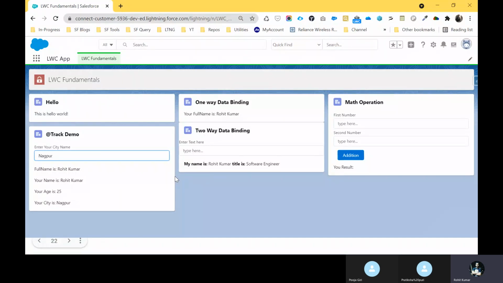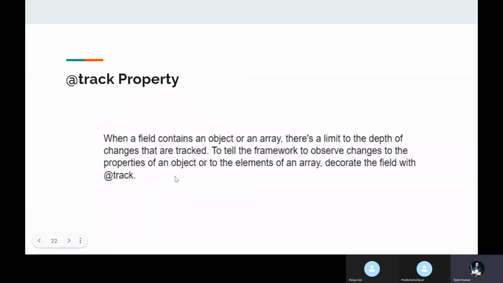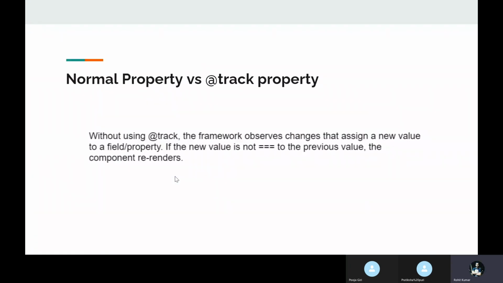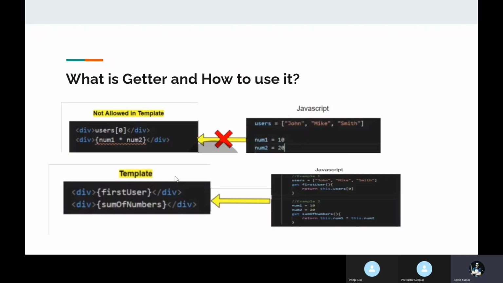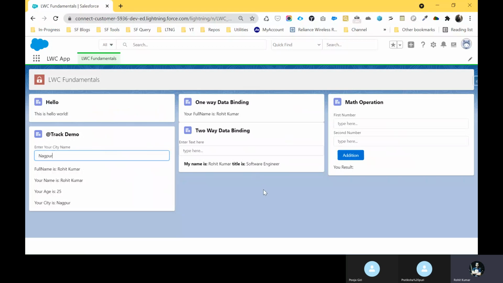It's easy, and after that we will learn some other things, like normal property versus trackable and getter setter. I have lots of things for you, so don't worry. So this is for your track property. Tomorrow onwards we will learn more in depth about track, with some getter and setter things.